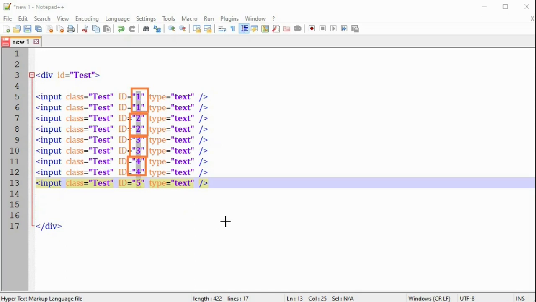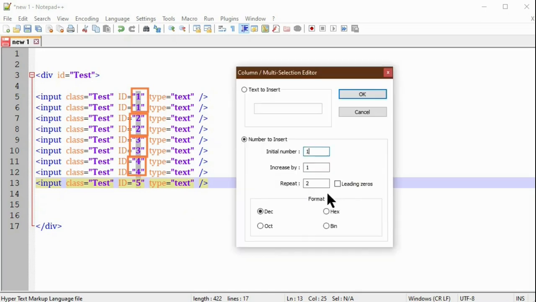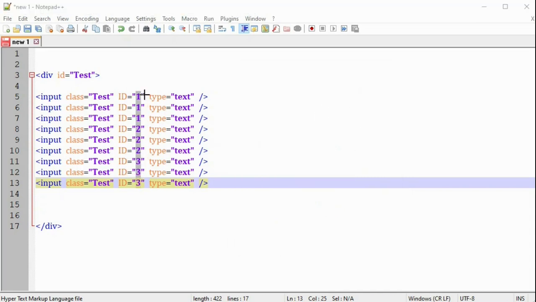Each number repeats 2 times. If I type the number 3, then it will repeat each number 3 times: 1 1 1, 2 2 2, 3 3 3 like that. This is the function of Repeat in the column edit mode.